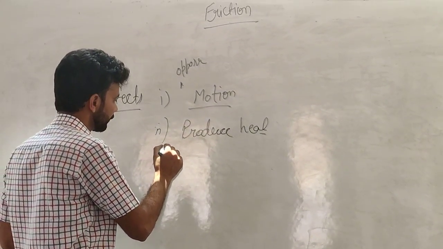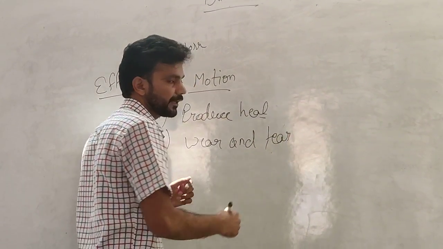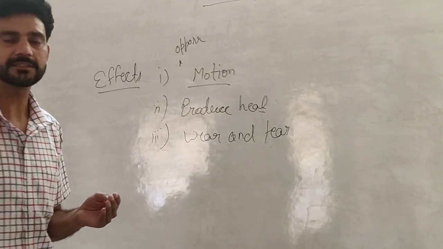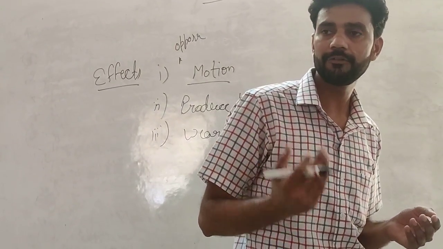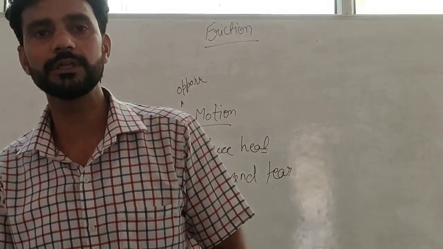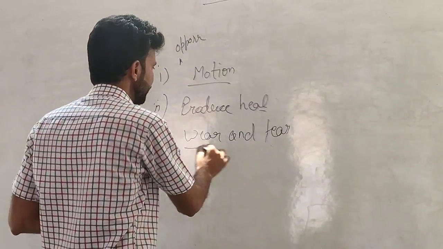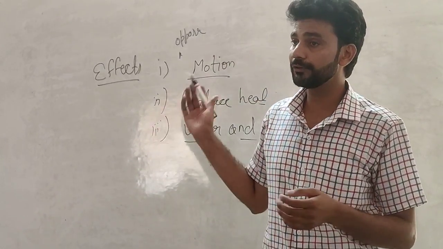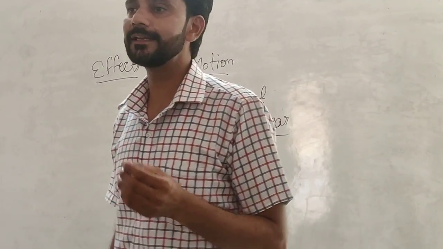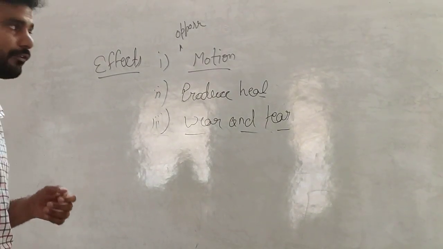Third, wear and tear. Wear and tear means by the continuous use of things, the parts reduce. The best example is the sole of our shoes. When we bought the new shoes, they had a thick sole, but when we continuously use them, by the frictional force, the size of their sole reduces. So wear and tear takes place, and due to the frictional force, the size of the parts of machinery is reduced. This can increase the chance of accident. The machine can stop working and it can increase the chance of accident.